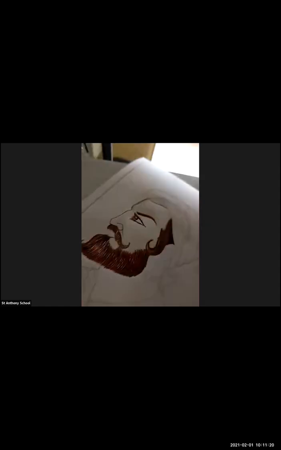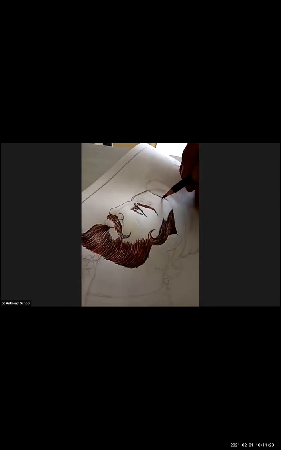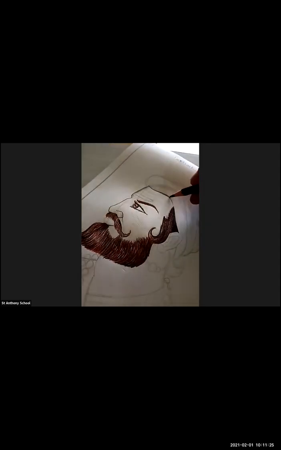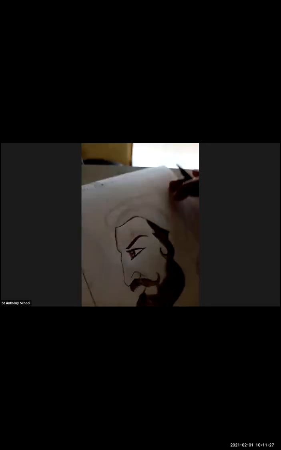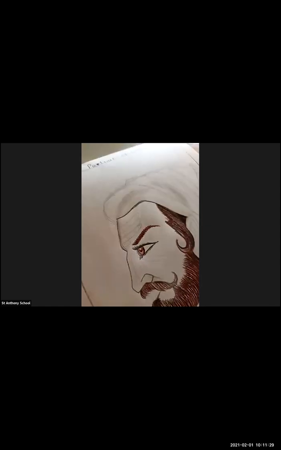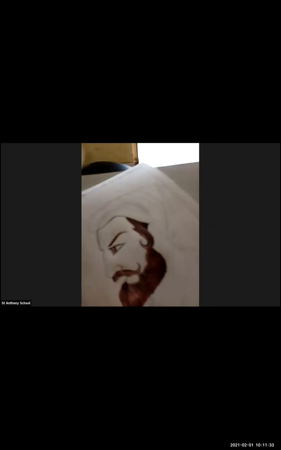Let's look at this. And here I'm drawing the outline of the hat. Okay, so here I'm using brown color shade.